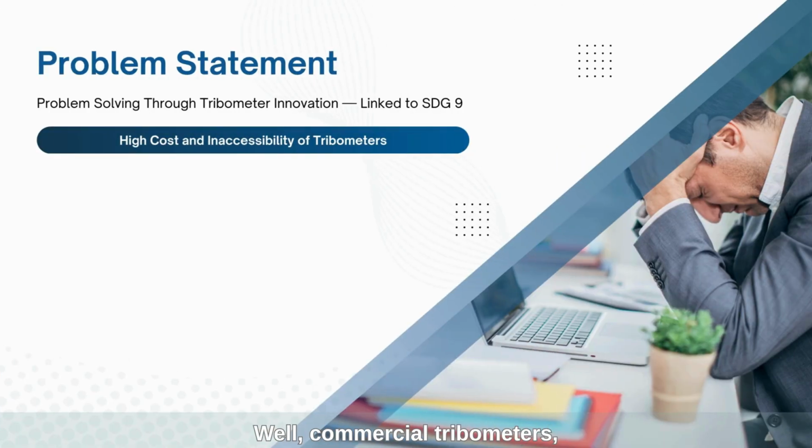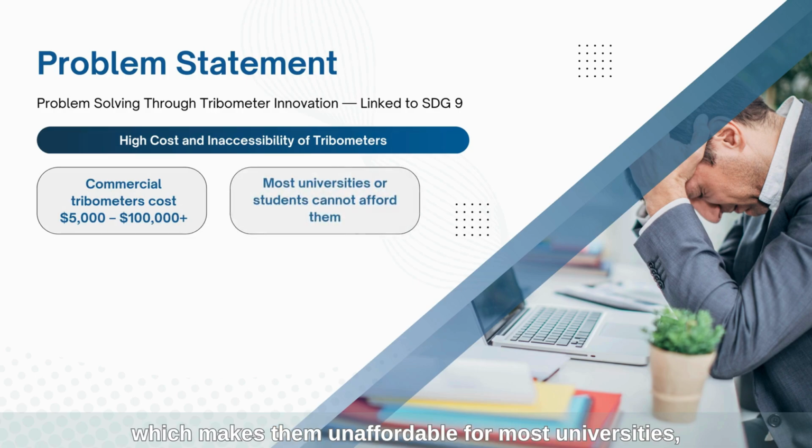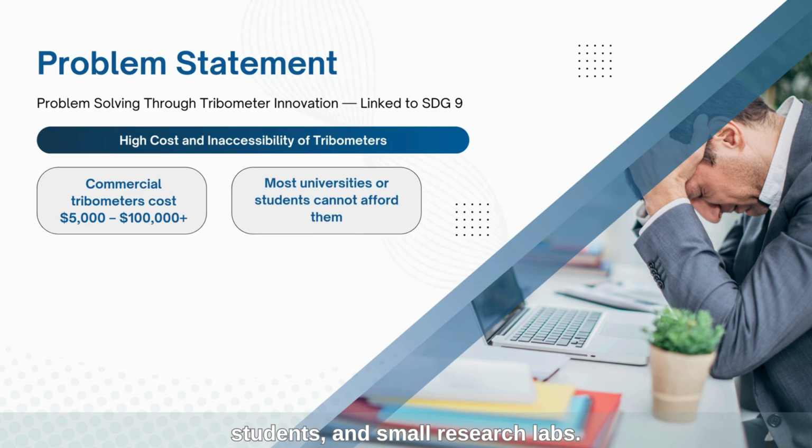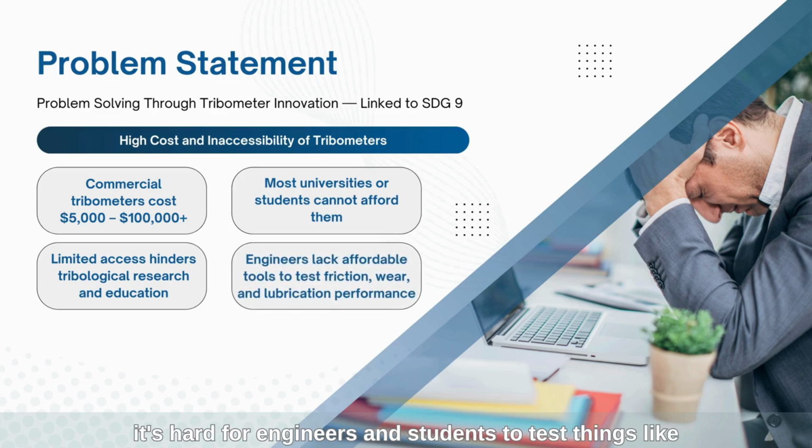Well, commercial tribometers, especially those that can measure frictional torque in bearings, are really expensive. Prices can go from $5,000 all the way up to $100,000, which makes them unaffordable for most universities, students, and small research labs. Without access to this kind of equipment, it's hard for engineers and students to test things like friction, wear, or lubrication, which are super important in real-world mechanical systems. Even here in USM, we only have a pin-on-disc tribometer and a 4-ball tester, and neither of them can test